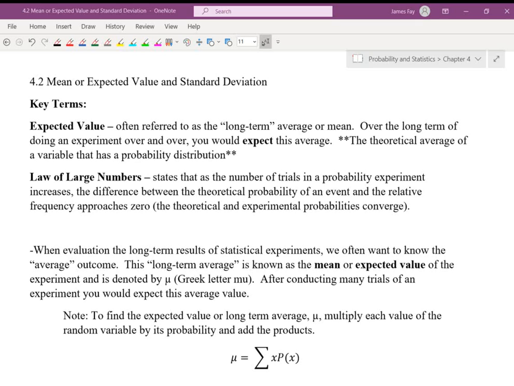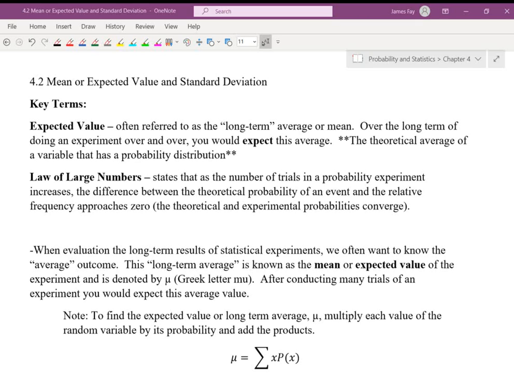If we do this an infinite number of times, we multiply the probability by the discrete random variable and add those together, and it's going to give us our expected mean, which is what we should expect to happen over the long term. Okay, and so the law of large numbers actually allows this to exist. And I think the best way to explain this is to think about an